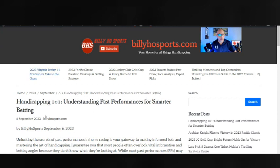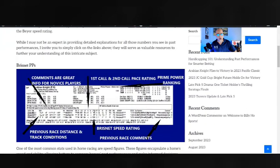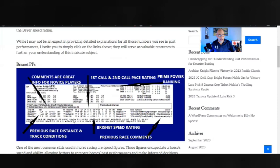I haven't really had anything awfully recent, like last week, Virginia Derby. And I got this handicapping 101 about past performances article out. It's just some of the things that I use when I look at past performances. Maybe other people use other things, and I might look at more stuff, but it shows you about the